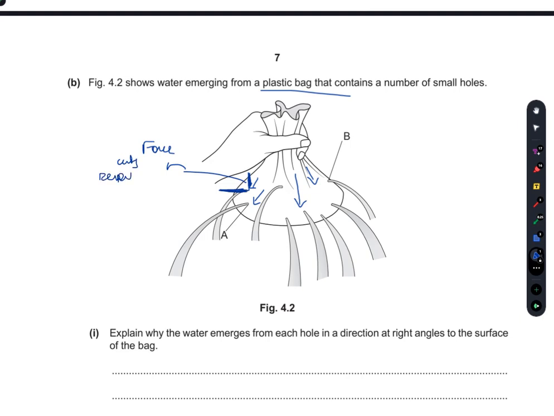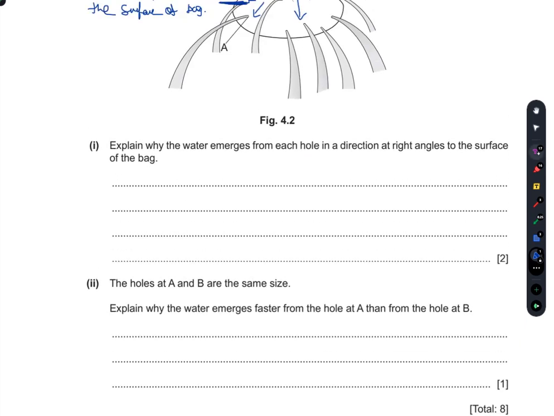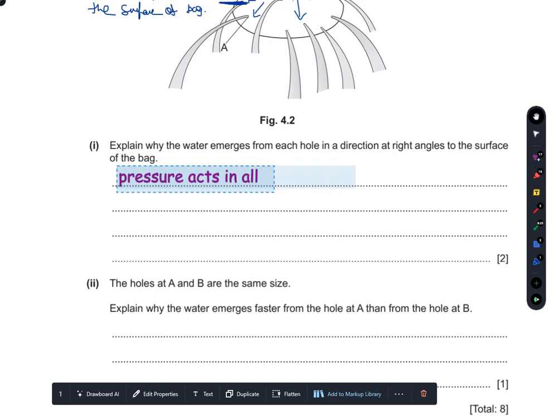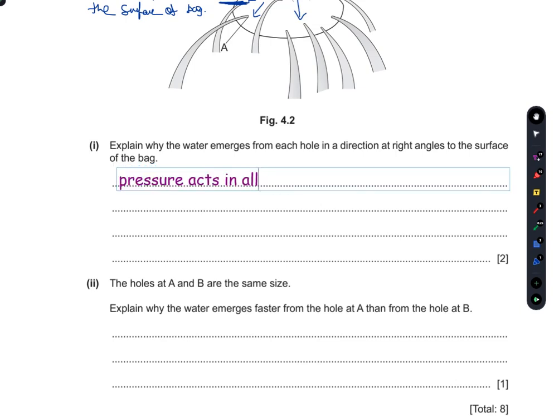acts perpendicularly to the surface of the bag. The force acts perpendicularly to the surface of the bag, and that's the reason why the pressure always exerts in all directions. Now, if I revise, I can write here, and then obviously you will revise here as well. The pressure acts in all directions